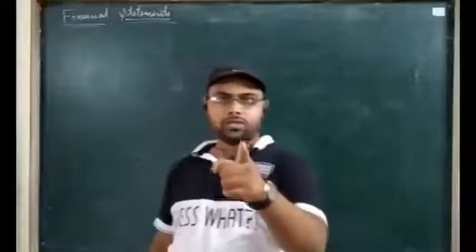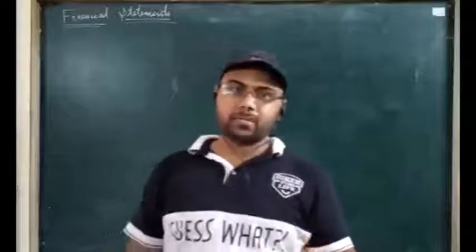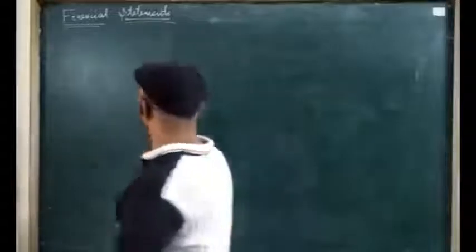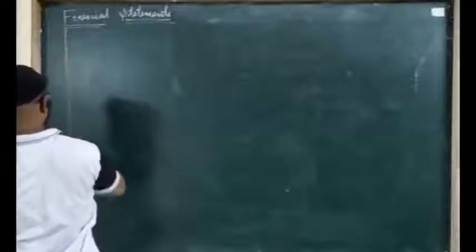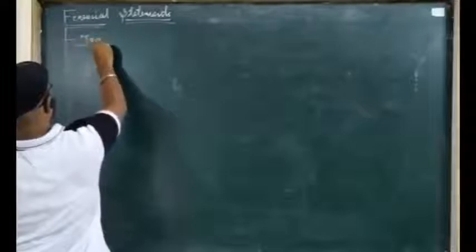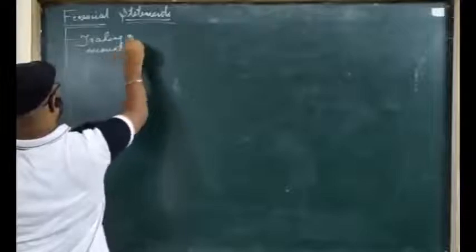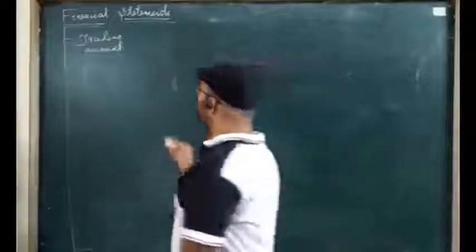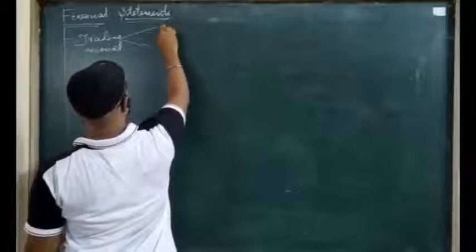Okay students, now we will be discussing the types of financial statements and how, under the financial statements, different types of statements are there and different types of expenses are posted to which side. The financial statements are usually of 3 types, as you know. First is the trading account. Trading account is a ledger account, and in a ledger account there are 2 sides. What are those 2 sides? Debit side and credit side.